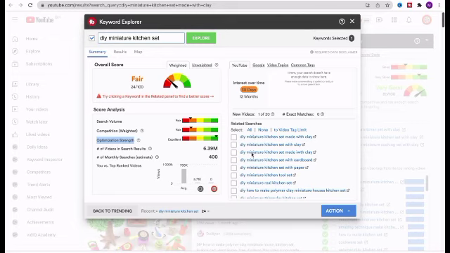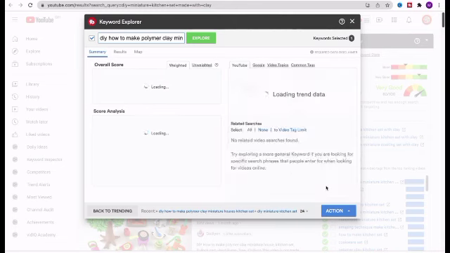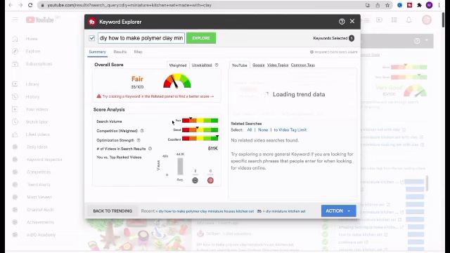So TubeBuddy gives you some suggested keywords over here, so you can also look at some of these suggested keywords and then you can also research on them. So let's try this one. DIY how to make polymer clay miniature houses kitchen sets. Let's explore this one and see what we are going to get. This is also fair, not bad at all, because